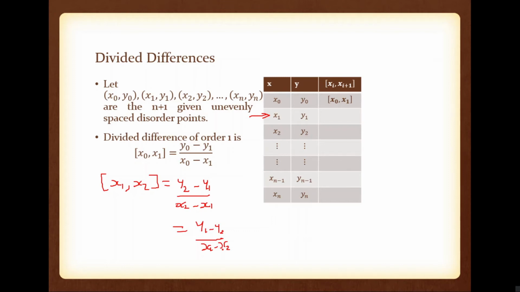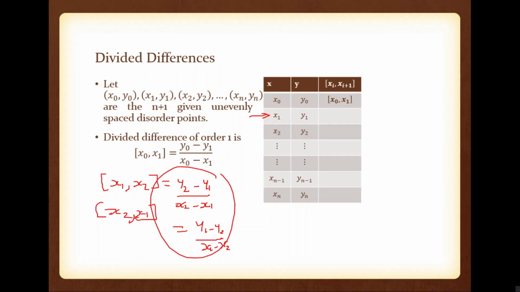Okay, so in the next class we will discuss the symmetry of arguments. This one is the symmetry of arguments. It means this x1, comma x2 is nothing but x2, comma x1. Both are correct. If it is x1, comma x2, corresponding to x1 we have y1 minus, corresponding to x2 we have y2, divided by x1 minus x2. Corresponding to x2, comma x1, we have y2 minus y1 divided by x2 minus x1. But the interesting thing is both are the same. The divided difference x1, comma x2 is equal to x2, comma x1.